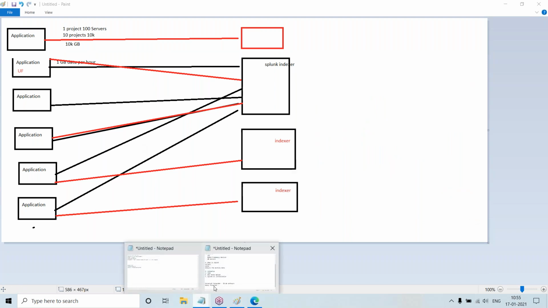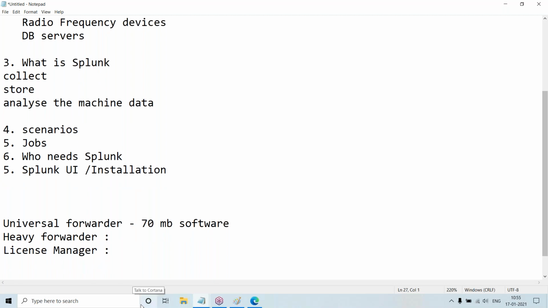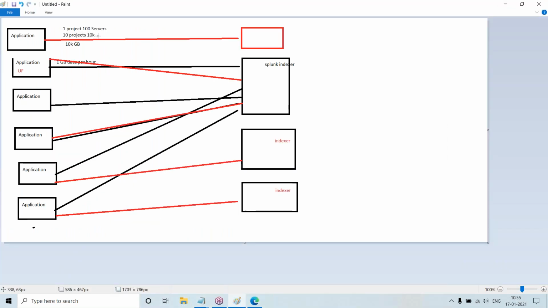And here you will have something like a license manager. Then there will be something like a deployment server. Here I have some 10,000 applications in my example. If I want to do configuration, I have to log into each and every server and do that configuration.